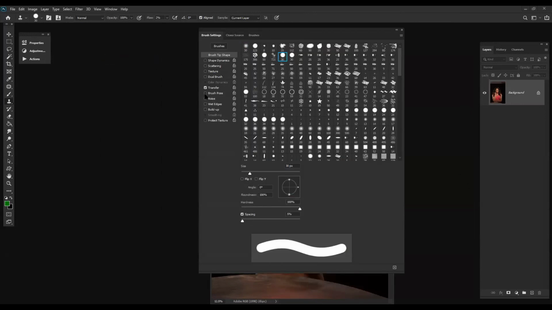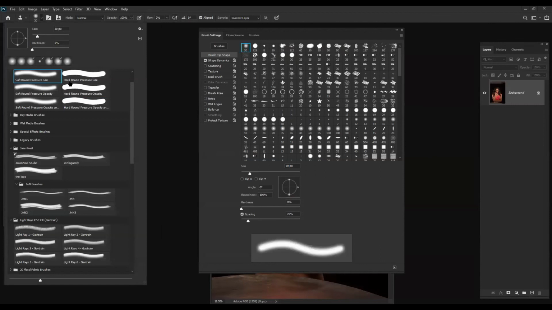Now see, it's in transfer. I have to keep it on build up and remove the transfer, because whenever you are doing retouching, right from your brushing to your edge selection, you will always require a soft edge brush to work with.